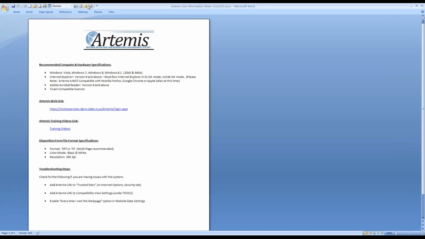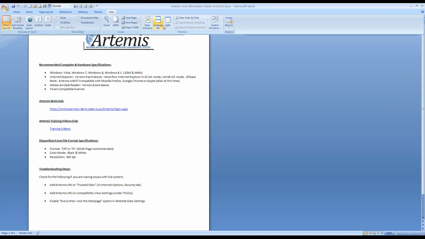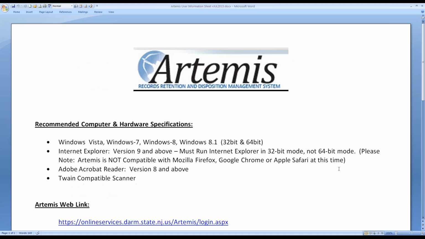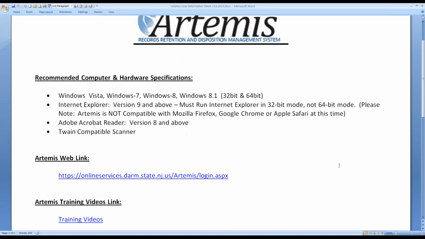So let's talk about system requirements real quick. Let me make this a little bit bigger here. For the computer system, obviously you need a computer that runs either Windows Vista, Windows 7, Windows 8, or 8.1. I actually haven't updated this document, but Windows 10 was launched last week. The system should work with Windows 10 as well, but this is a web-based system, so you need to use a browser in order to access the